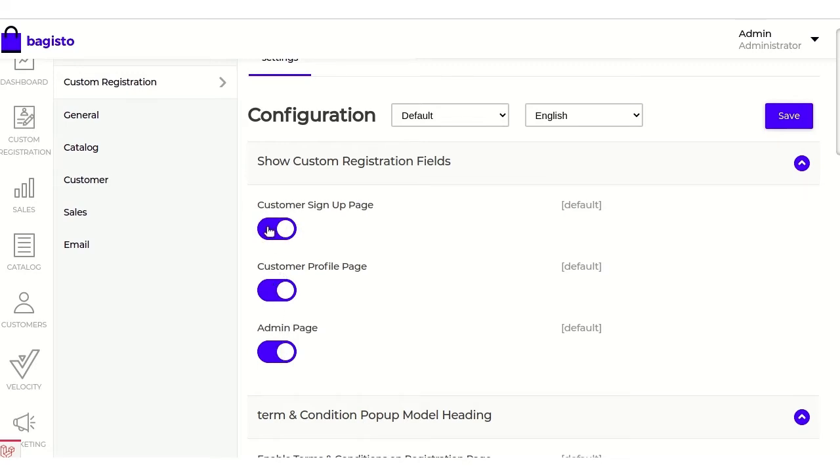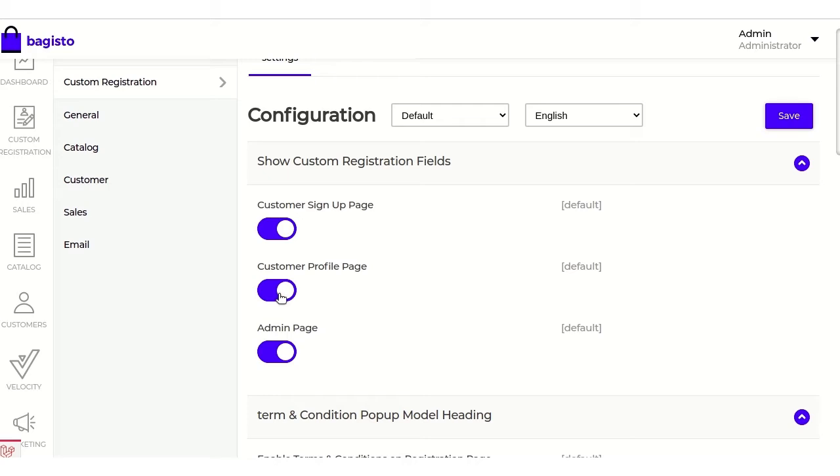The very first part is customer sign up page. Whenever you are adding any of the custom registration blanks from the back office, it will be published on the customer sign up page. Even that additional information can be viewed by the customer in their profile page.